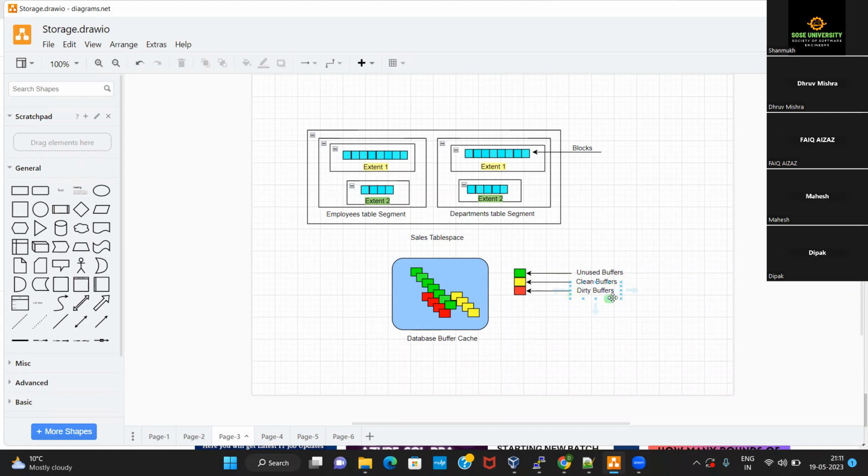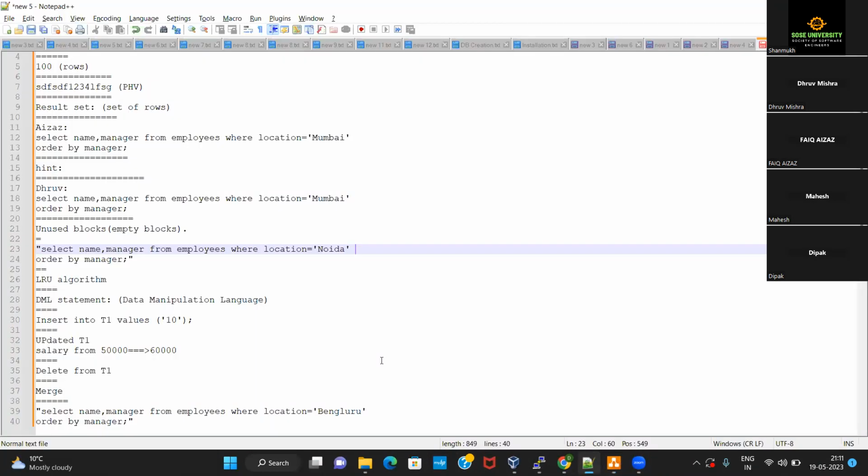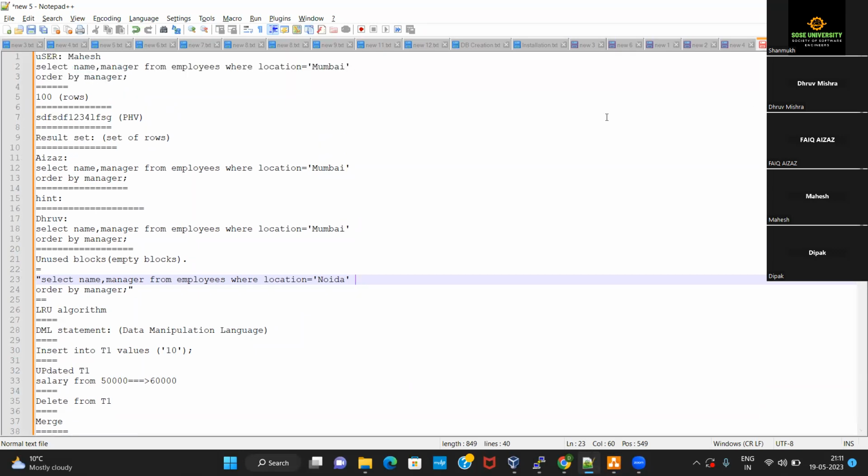So regarding dirty buffers, we took an example like the insert, update, or delete statements, which are also called DML statements, which stand for data manipulation language. If the user wants to insert some new values into the table T1, the user fires an insert statement and starts inserting rows into the table.